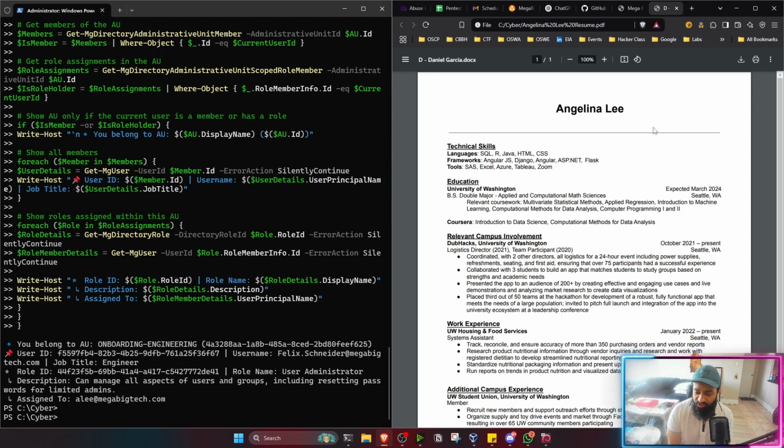Was a logistics director, a systems assistant, and overall held different managerial positions. So they could very well be the engineering leader, the engineering team lead of this team's engineering department. So within this administrative unit,